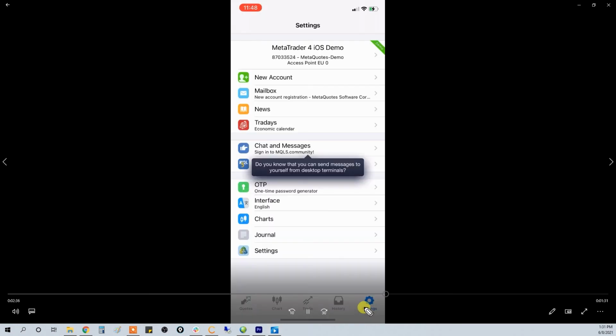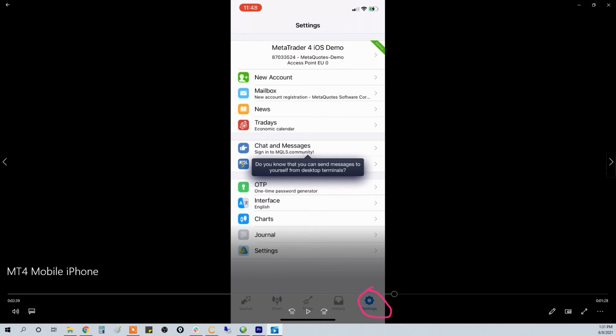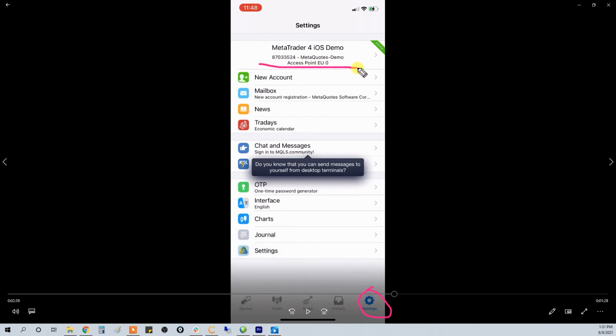Now, if we navigate to our settings tab, we have a number of different settings that we can play around with. One is if we want to log into our demo account that we already have that maybe is connected with our desktop, we can use those same credentials and log in here. We press that button and it'll take us to some login questions. In order to log in here, you'll need to know the server, the trading ID, and the password that is used, and you'll have an option to search for the server